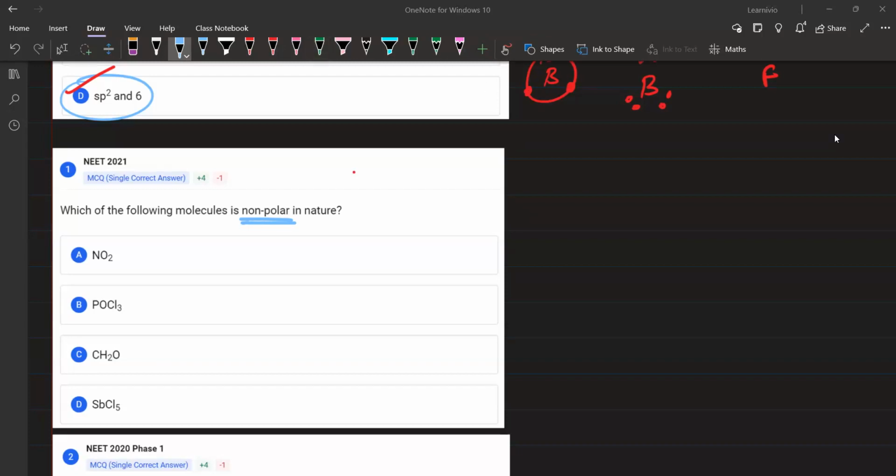Both of you gave the answer. That's very good. Both of you are correct. Now, I will tell you one very simple thing by which you can say if something is polar or non-polar. The simple rule is that